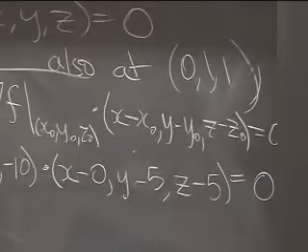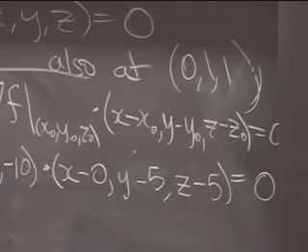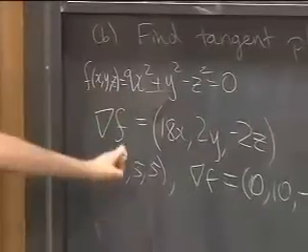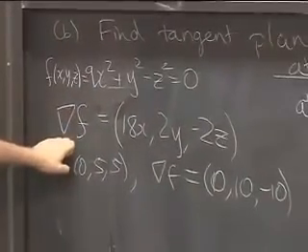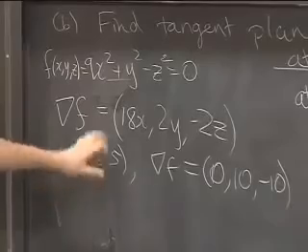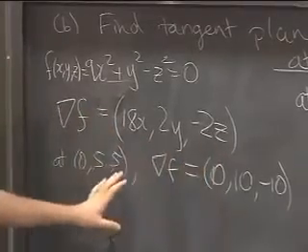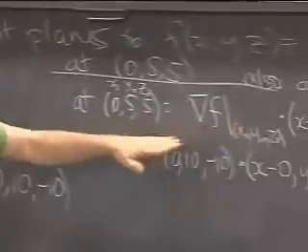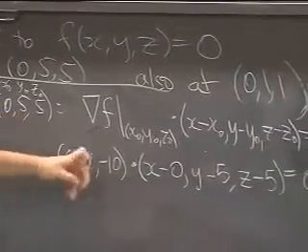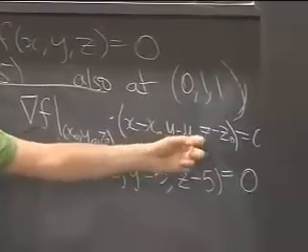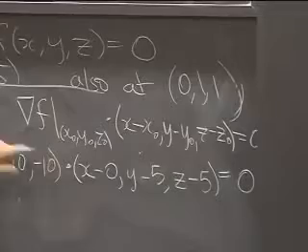Okay, so you see how it works? I kind of took a working column here. I wrote down what f is, I computed del f, and I plugged it in. And it's better to do it separately rather than just plug it in directly. And then here I have x minus x0, y minus y0, z minus z0, and I just plug in those 3